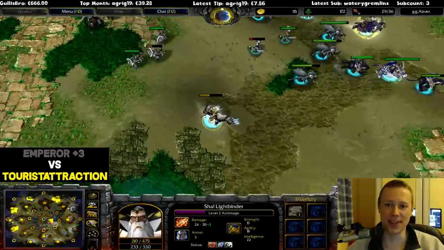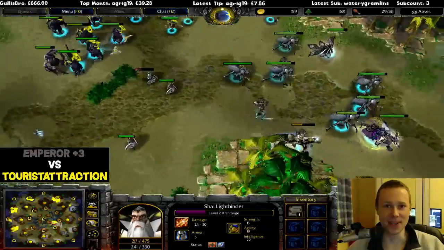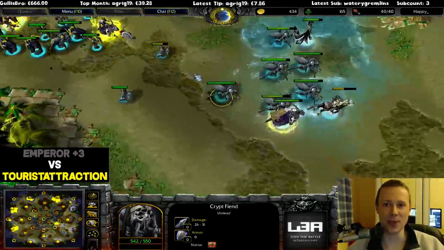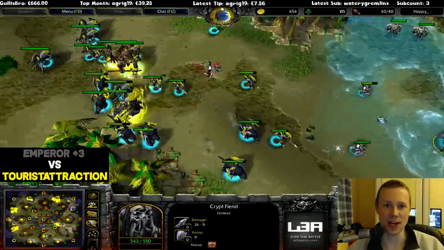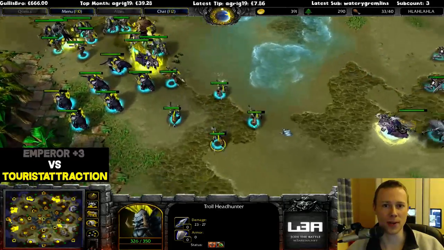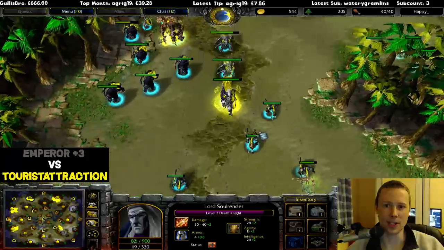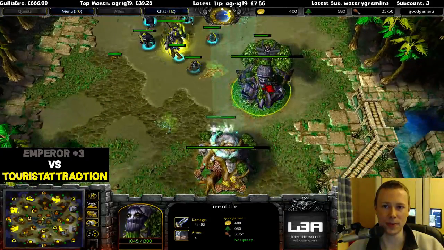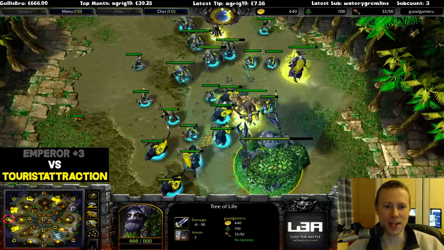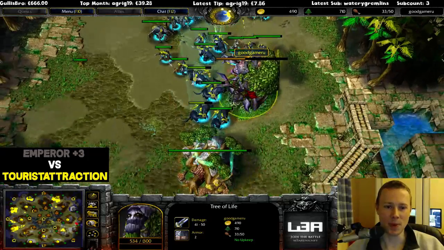Lovely death coil on the Archmage. You might want to rethink that engagement. That Archmage is just... Adver, they're having a really rough time here. Unfortunate for this... TouristAttraction is kind of running over Emperor +3 right now. So that's yellow versus grey. It's just not being good for Emperor +3. They've had successful games in the past, but they are being controlled quite strongly this game. And their expansions are just being...